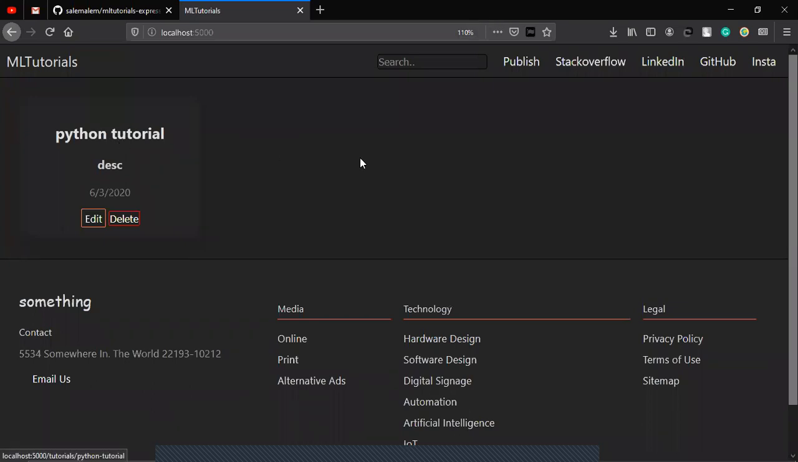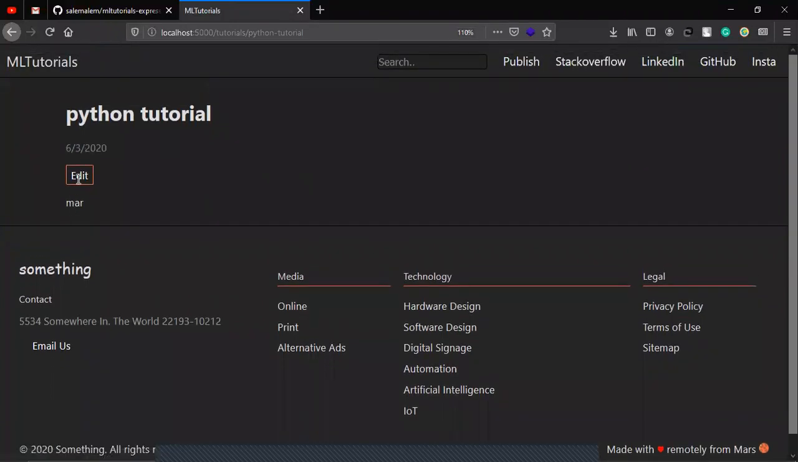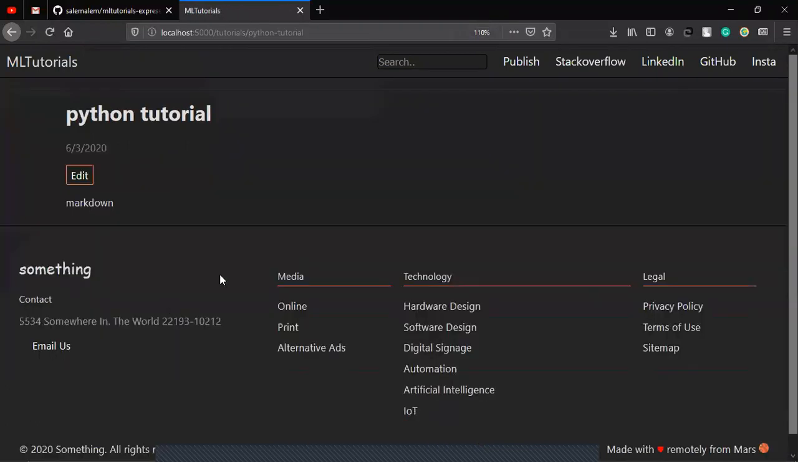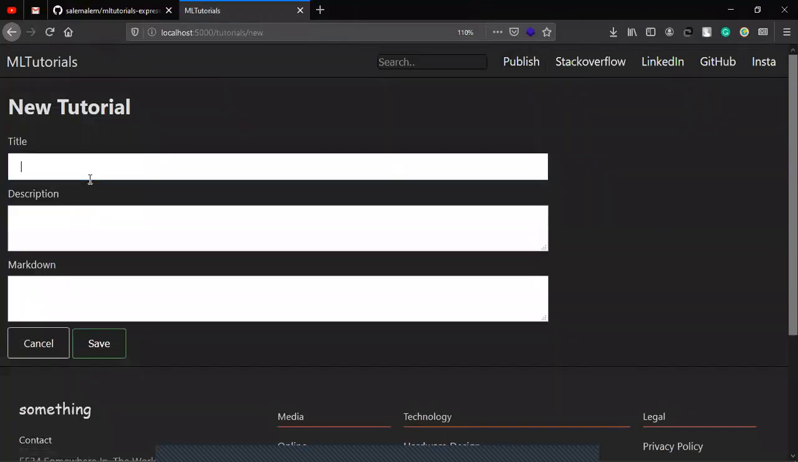So we can see that here is a Python tutorial. Yep, so it's like markdown. Okay, let's edit this. Instead of mar, let's write markdown. Okay, we can see we can edit. So basically it looks like this, and we can publish our own tutorial. For example,